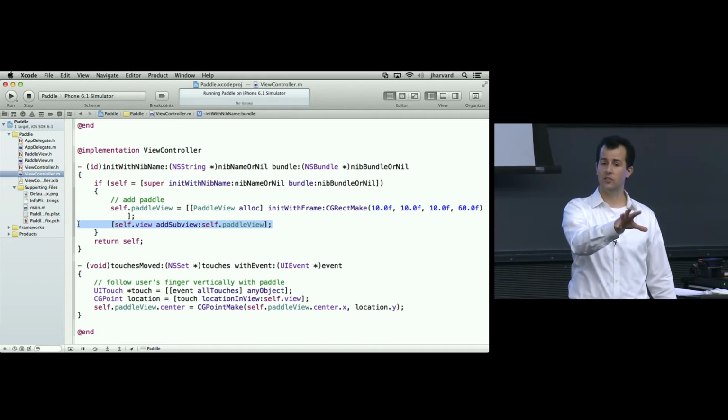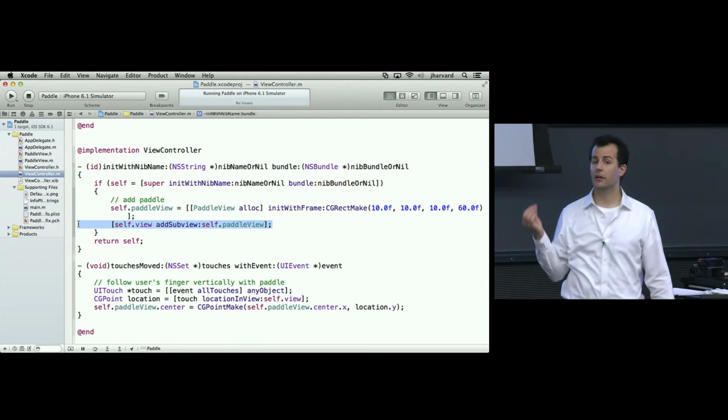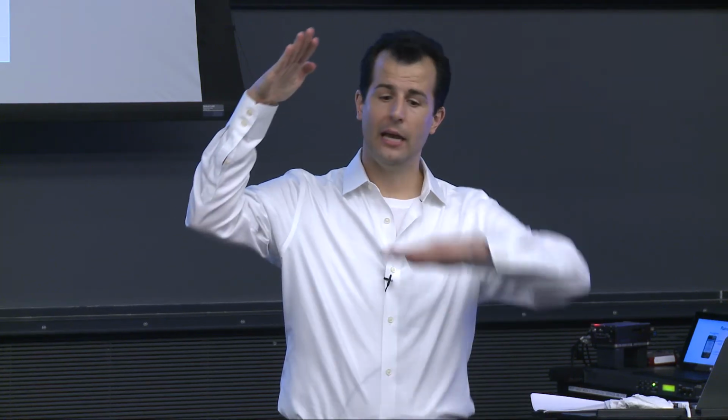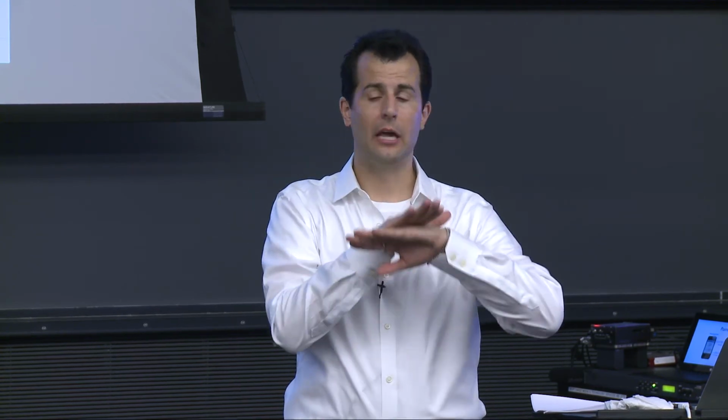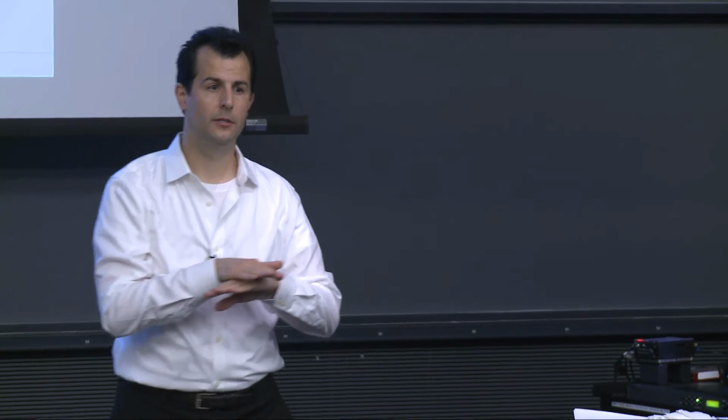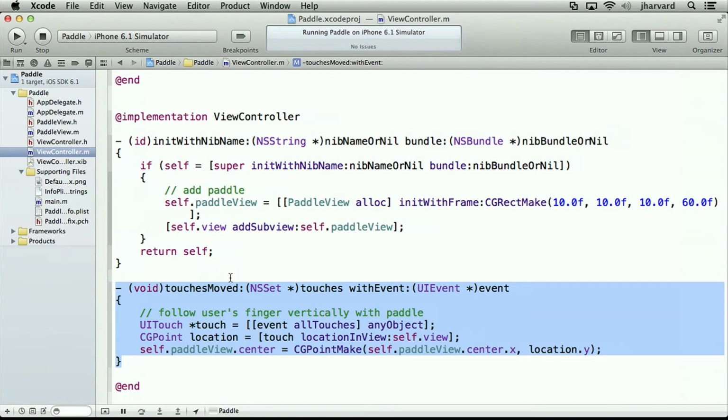In other words, adding a subview. This is the corresponding line of code to dragging and dropping in that interface. I'm taking my paddle and laying it on top of the game board itself, which is just that big black rectangle by default. Okay, so now, it turns out, making this super simple and kind of pointless game is as simple